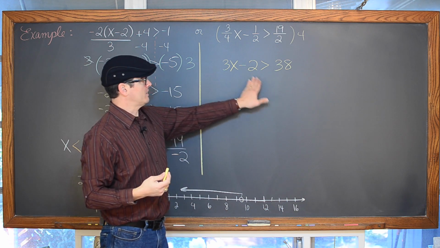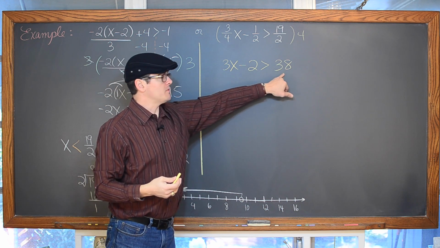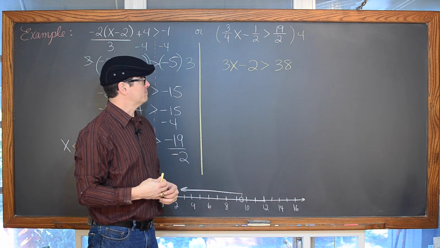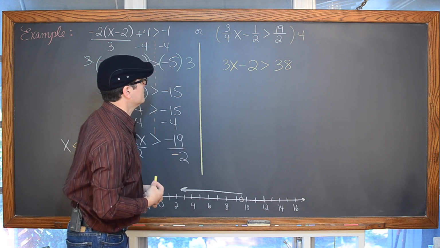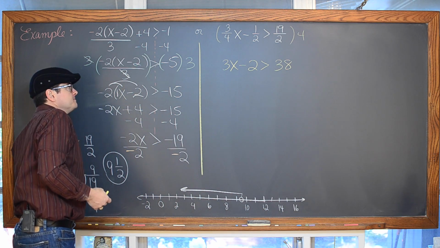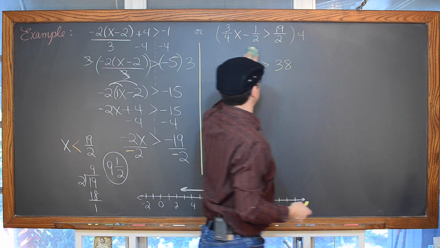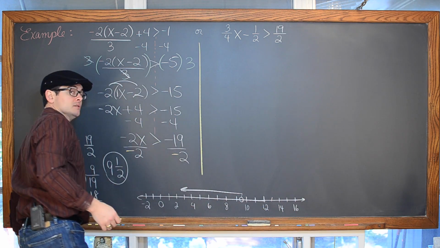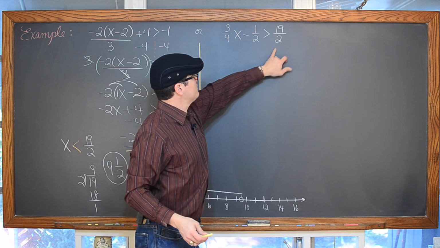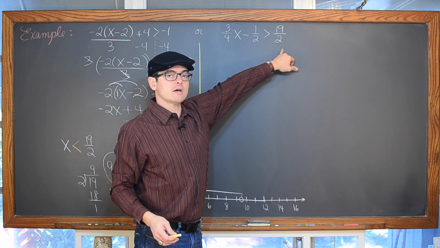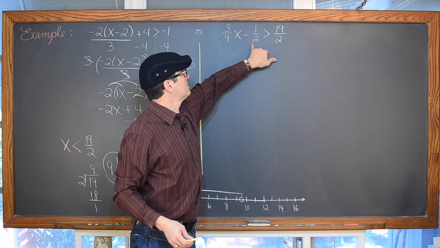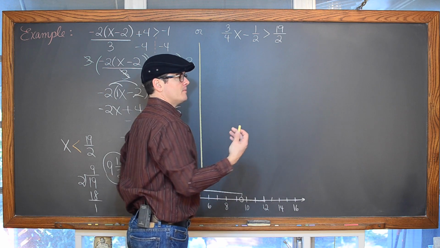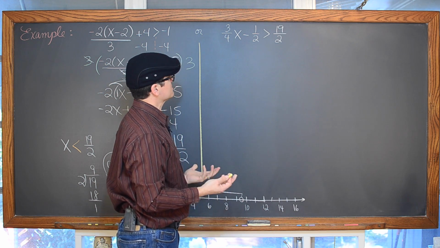To finish that up, I'm going to add 2 to both sides, and then divide both sides by 3 and effectively get 40 over 3. But I want to show you that fraction work because so many of my students aren't very good at fractions. And also, when I move this 1/2 over to the right-hand side of the inequality, I already have some common denominators. So at least in the beginning, my fraction work is not going to be very complicated.